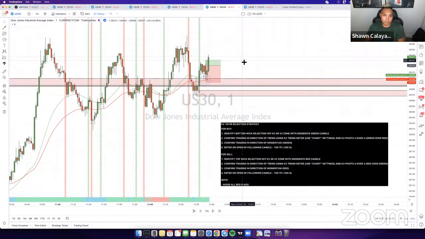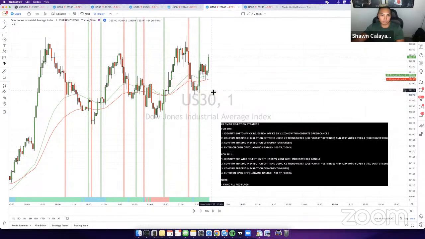So there goes an example for a buy there. If you guys have any questions regarding the K2SR rejection strategy, go ahead and drop your questions in the chat. Otherwise, I'll continue going over some more examples here if I can find any. And if not, then we'll move on to the V1 variations. So let me see if there's any other entries here